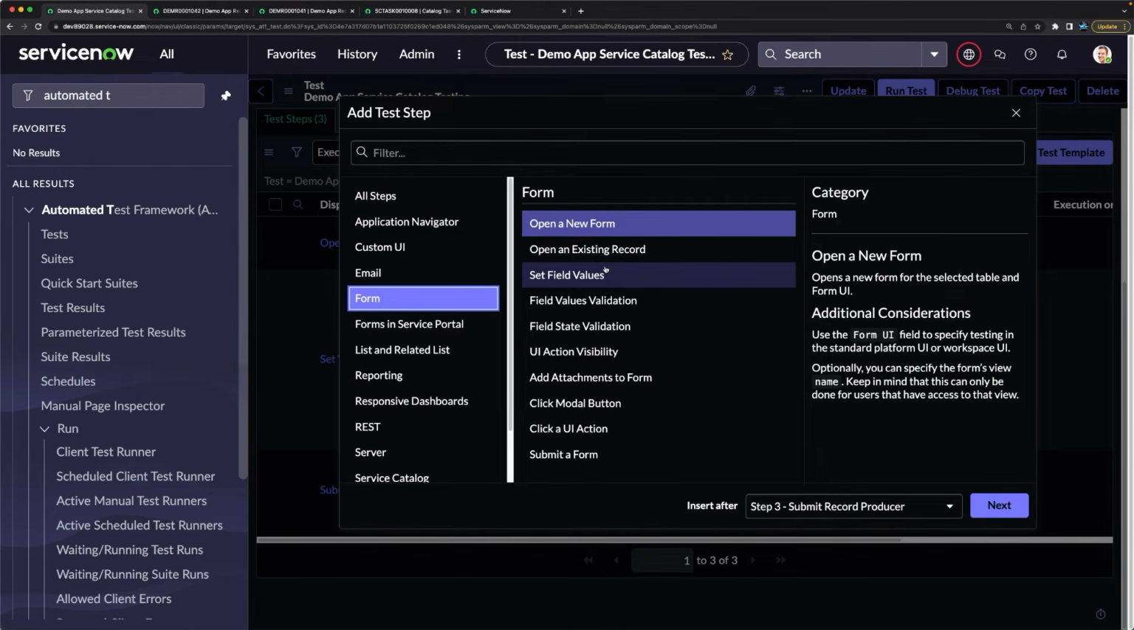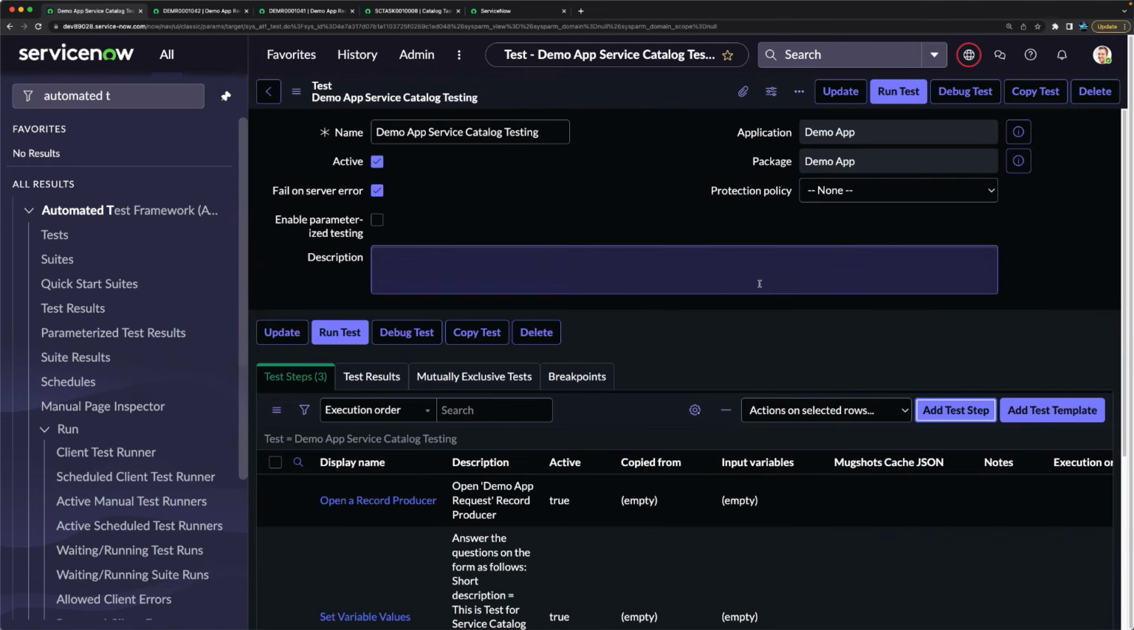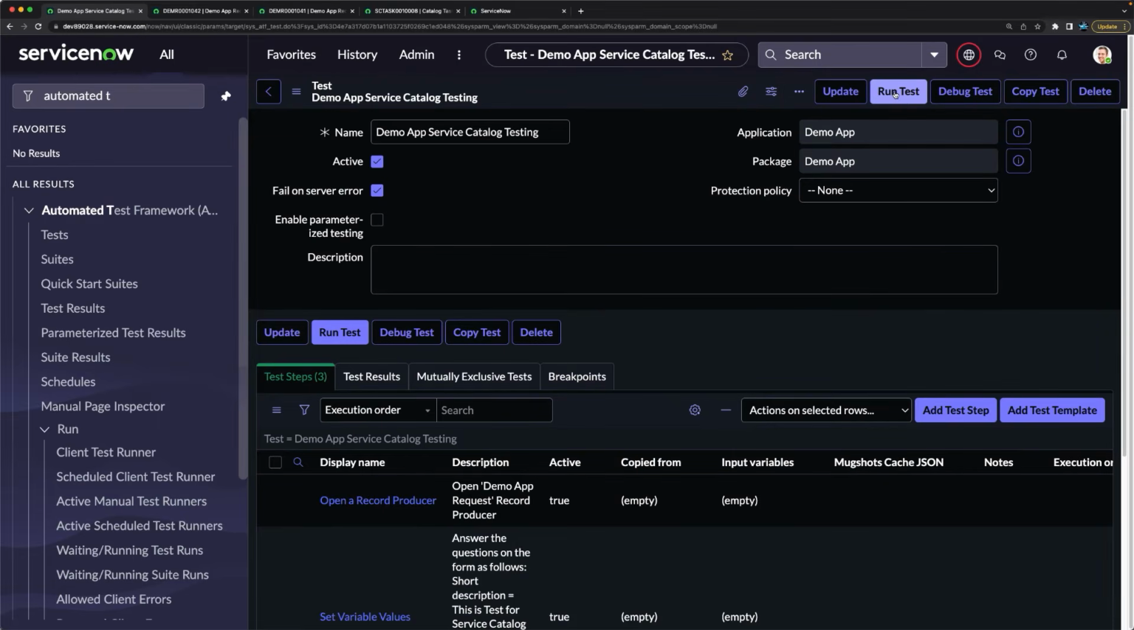So overall, as a next step, whatever testing you did previously, like form testing, value validation, state validation, now you can do that as well. You can add further steps. But for this one, we will just submit the record producer, and we will show the form. You will automatically see that. So I'm just canceling this, and now I'm just running the test. So if I click on run,